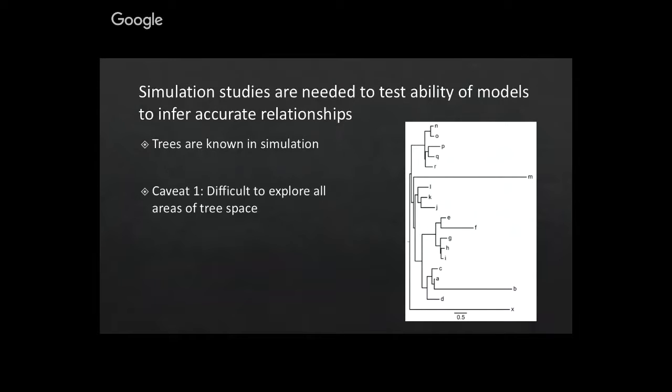Now, of course, a caveat of simulation studies is that it's difficult to explore all areas of tree space. We did try to look at some more complex trees that might be representative of some of the phylogenetic shapes that you see with empirical studies. So we tried to attack it from a more complex standpoint than the standard 4 taxon case. I think the 4 taxon case is illustrative, but I don't think it's relevant in a lot of situations to the kind of data sets that most empirical biologists are encountering.